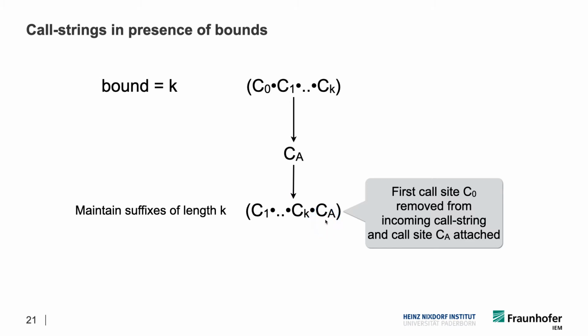So in this particular case here, we would be adding CA at the top of the stack like we usually do, but importantly, we would drop C0. Okay, so that would simply be dropped from the stack. And so this means now we will be propagating the data flow fact that has this call string annotated through the procedure that is called by CA. Okay. And then we will return it to after the call site CA, we will return it to after CK,